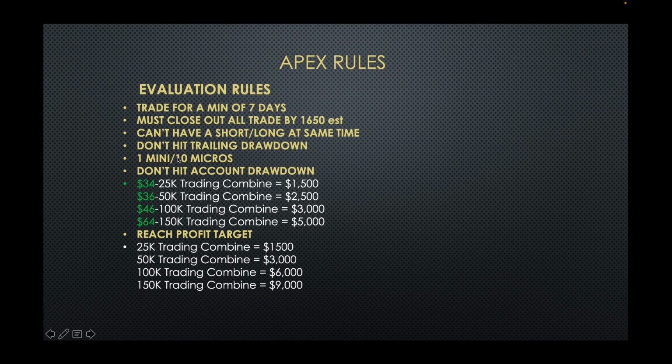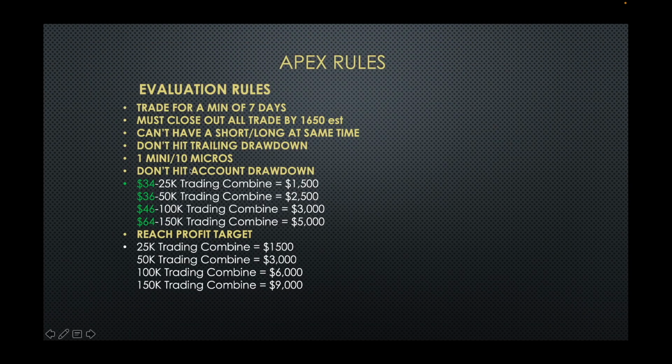I put this in there because Top Step has a different thing for trading minis and micros. Again, I won't say this all the time for each one, but basically 1 mini equals 10 micros when you compare them. So you can either trade 1 mini or 10 micros. So for example, for a 50K account in Apex, you can trade up to 10 minis, which therefore means 100 micros you can trade.